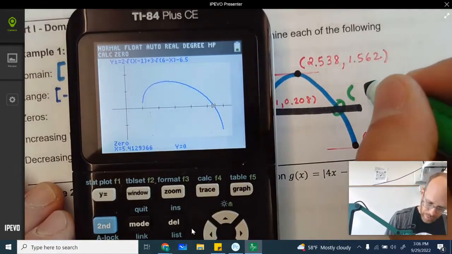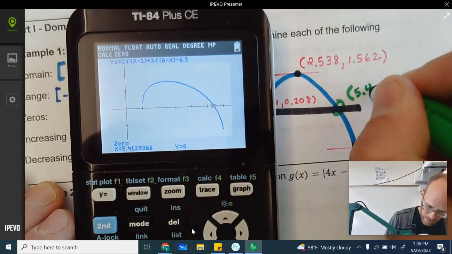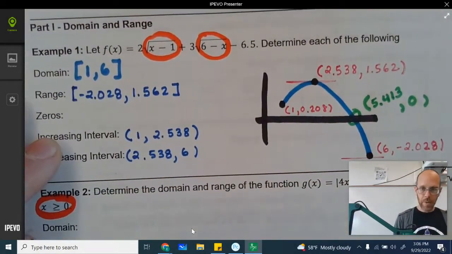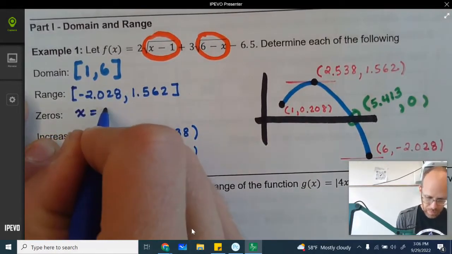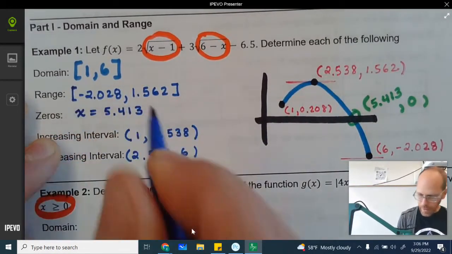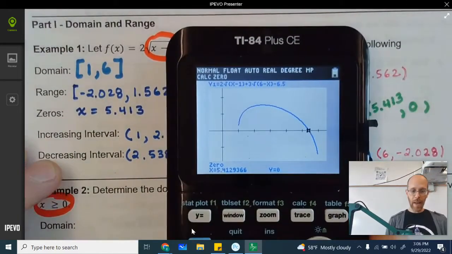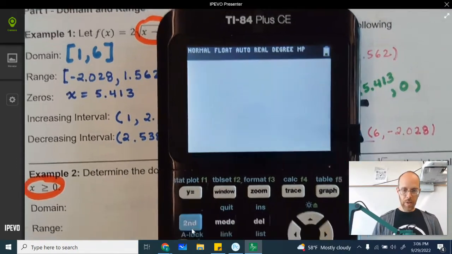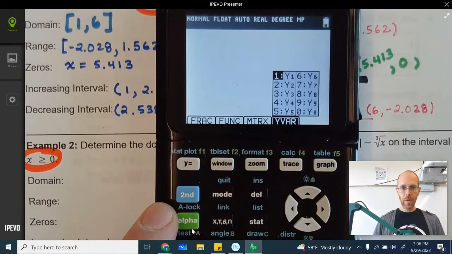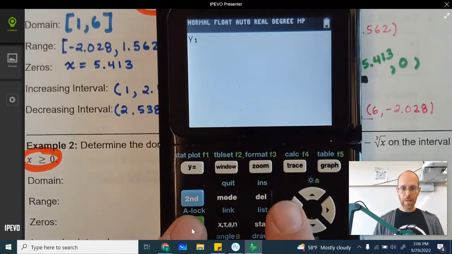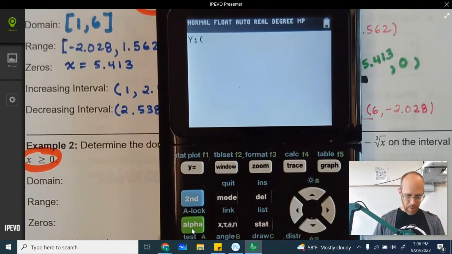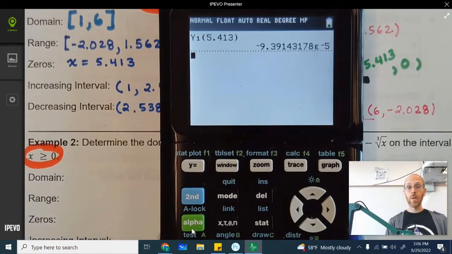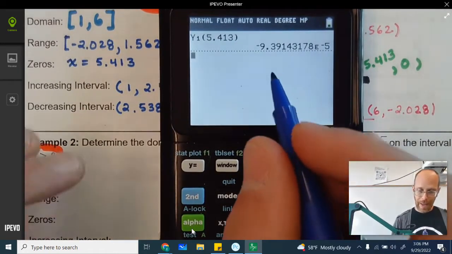And it's going to tell you that this point right here is 5.413. Therefore, your zero is going to be x equals 5.413. Quick way that you can check that, if you wanted to, I'm going to quit out of here for a second, is you could hit second trace y1. Once again, second trace y1, and then enter the number in, 5.413. You should get something really close to 0, like this, which this number is actually